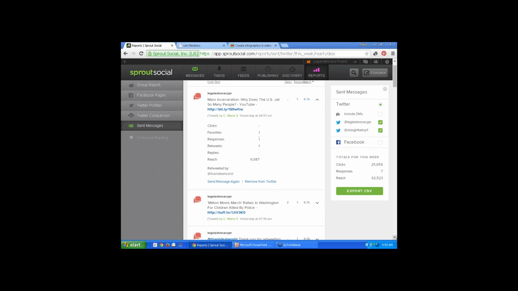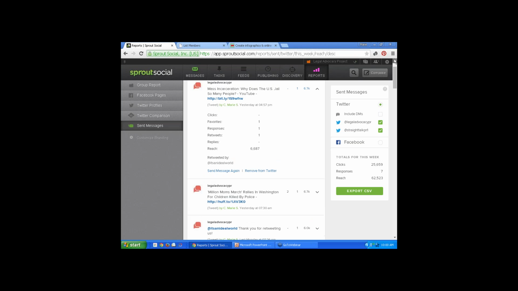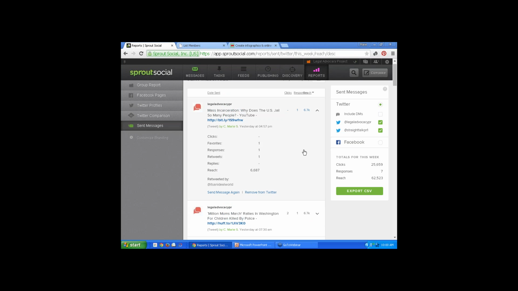So that's why you want to send out different kinds of things, to see what's going to be the best opportunities for you and what it is based on. Even though this particular tweet was not about disabilities, a disabilities advocate tweeted it out. So that's an example of a connection that gets it the same way that we get it.